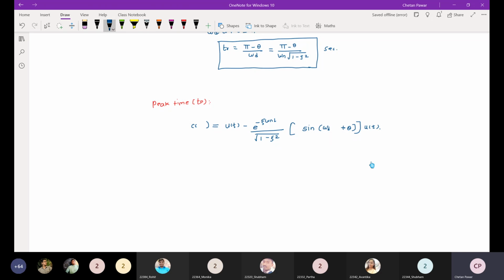Or finally I will put TP, okay? Timing I will put T here only. And then finally I will put TP here. So